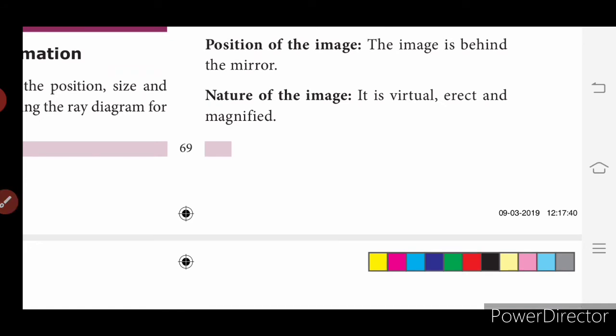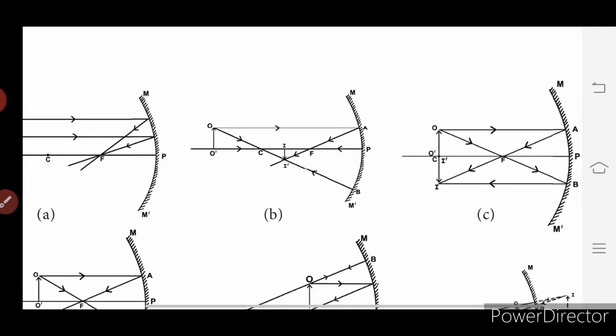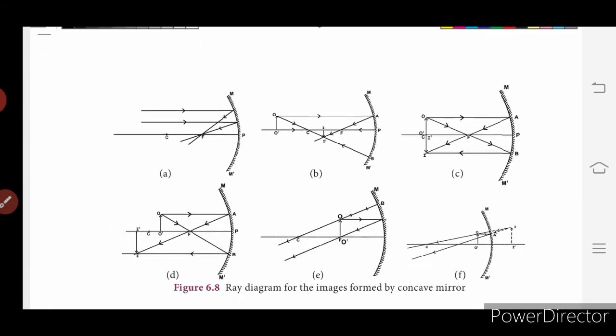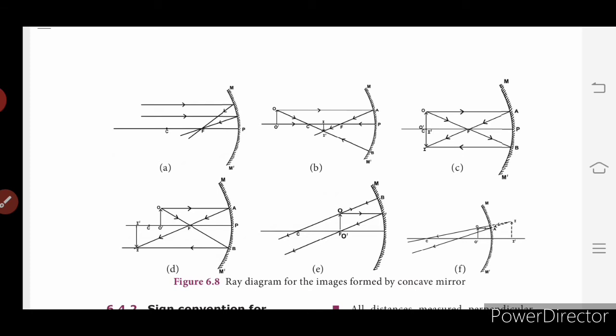So these are the 6 cases, and we will have the diagrams here. Go through the diagrams properly along with the book, read the cases and see the diagrams. Practice the diagrams well. Ray diagrams are very important. Whenever questions on spherical mirrors and image formation are asked, you have to draw the ray diagrams. So be careful while marking the positions of F, O, P and all, and marking the arrow marks. These are all very important, and when you draw a mirror, it has to be shaded on one side.